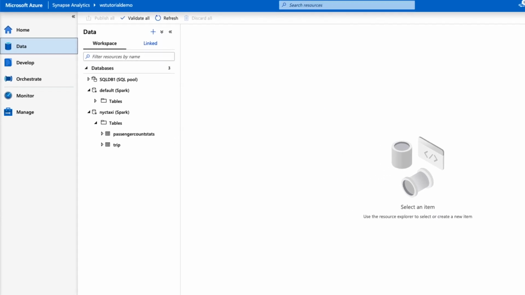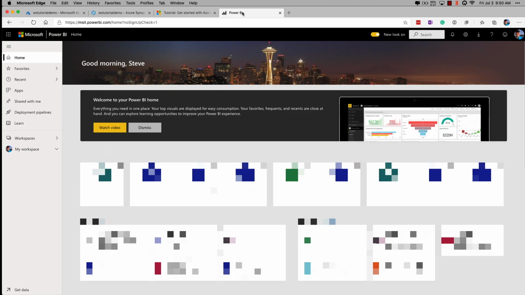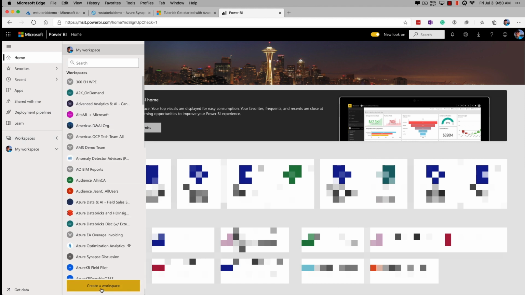From the New York City data, we created aggregated data sets which are residing here in the Azure Data Workspaces. We'll link a Power BI workspace to the Azure Synapse workspace. This will allow us to easily get data into the Power BI reports. So our first step is to create a Power BI workspace. I've already signed into my Power BI subscription. I'm going to go to Workspaces, Create Workspace,